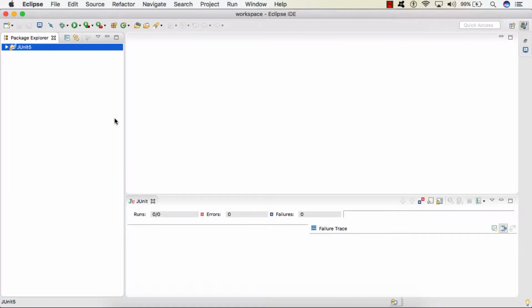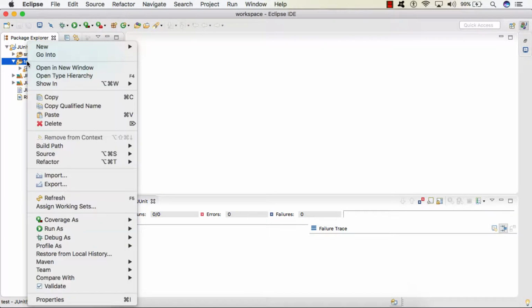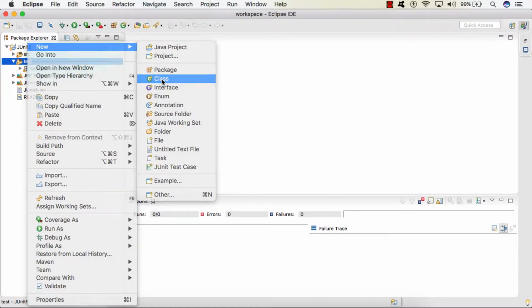Hi everyone. So friends, in this lecture we will see the demonstration of @CsvSource annotation. In our JUnit 5 project, in our test folder, I will be creating one test class.